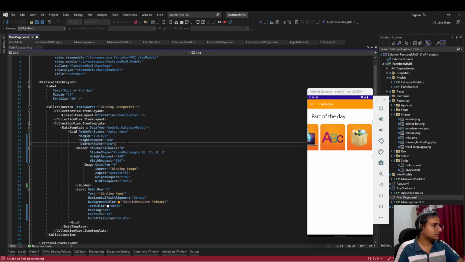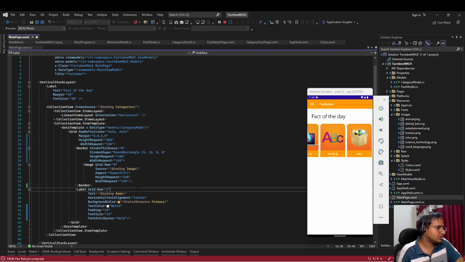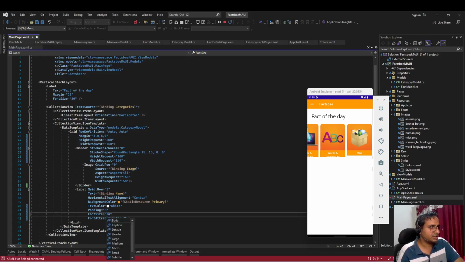Now the thing is our main grid is of height 160. We have image of height 160. That is why we cannot see our category name. So we need to increase the height of this grid, maybe 200. No, maybe percent languages. This is cutting out. Maybe we can reduce the padding a bit, 5, and maybe 14 the font size. Okay,